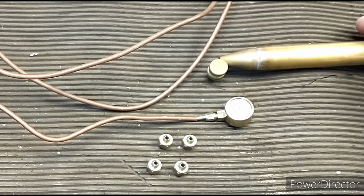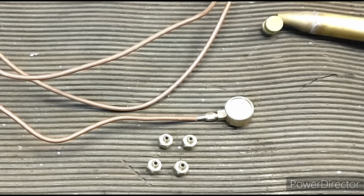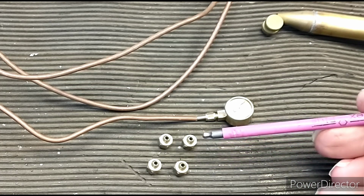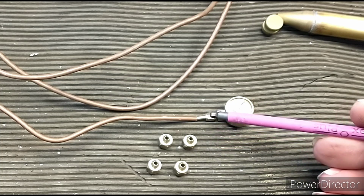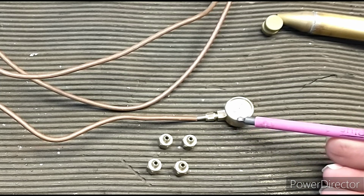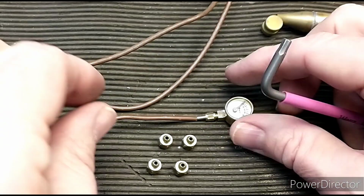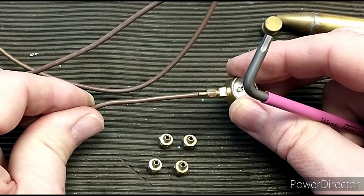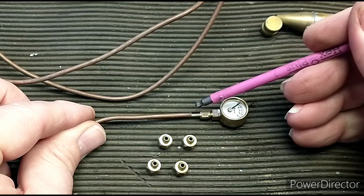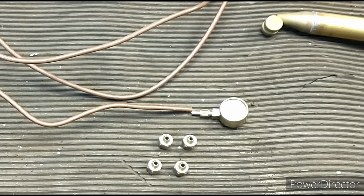I've got the 5/32 tubing. I found my tubing bender for that size. It's a bit of a tight fit. I've got 4 fittings for the regulator end. What I have found is that the fitting that comes with the pressure gauge won't fit inside. It's basically the same size as the tube that I'm using. So what I'll have to do is make a little sleeve up from some thicker tubing as sort of an